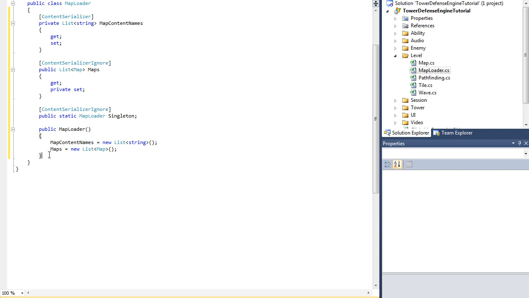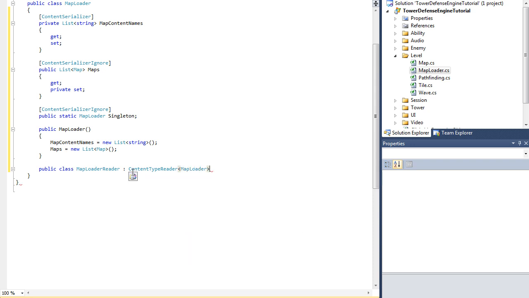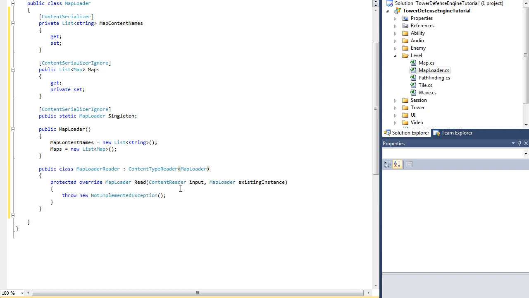Now that's it for the constructor. Now for the reader, public class MapLoaderReader is a derivative of ContentTypeReader<MapLoader>, closing bracket, and then we can implement the abstract class, which will override the Read method. Now inside that body, let's delete the throw new NotImplementedException and set mapLoader, whatever you want to call this, equal to new MapLoader();